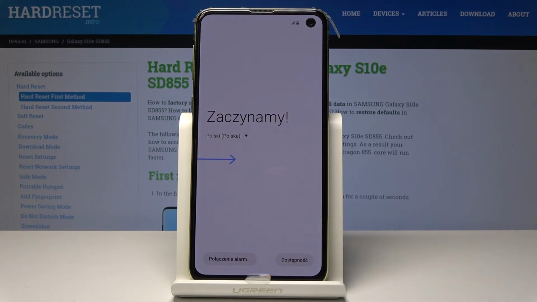Alright, as you can see, the welcome panel just pops up and there is no pattern or password, so you can start easily